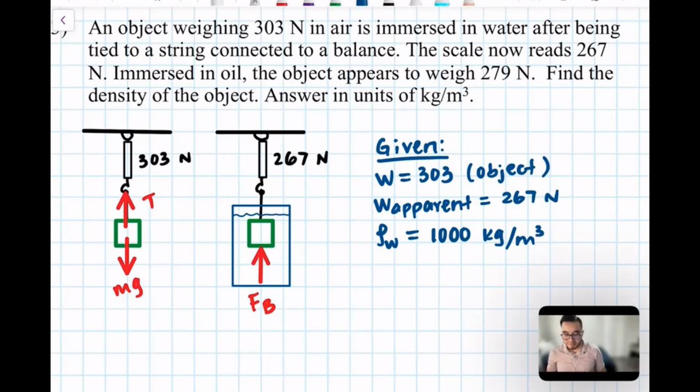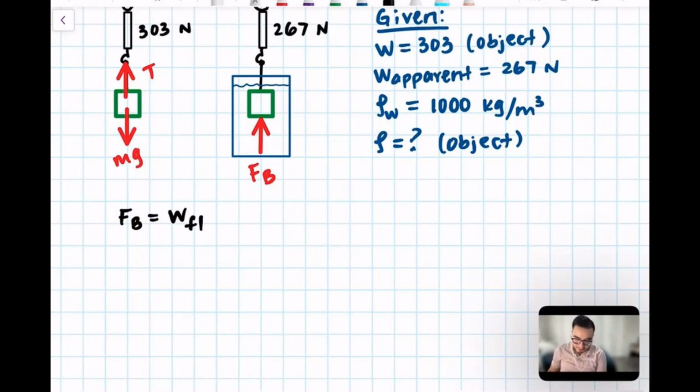Well, that's simple, because if the apparent weight is now 267 and its original weight was 303, that difference is the weight of the displaced fluid. That's the force with which the water is pushing, because there was a push on the water of the same amount. Okay, so then we can say